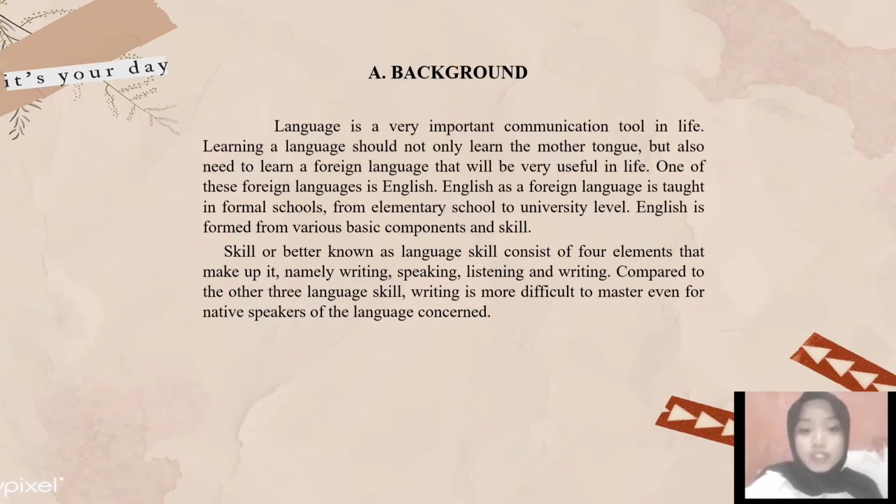And students will have difficulty understanding the meaning of words, so they will continue to assume that English is a difficult subject, and this has an impact on students' writing abilities. For that, we need to find a solution to why it happened, because writing skill for junior high school students is the basis for continuing writing skill at the high school level. If they have good foundations in English, then it will be easier to follow the higher levels. In this case, the teacher factor has a very important role in building students' motivation and interest in learning.